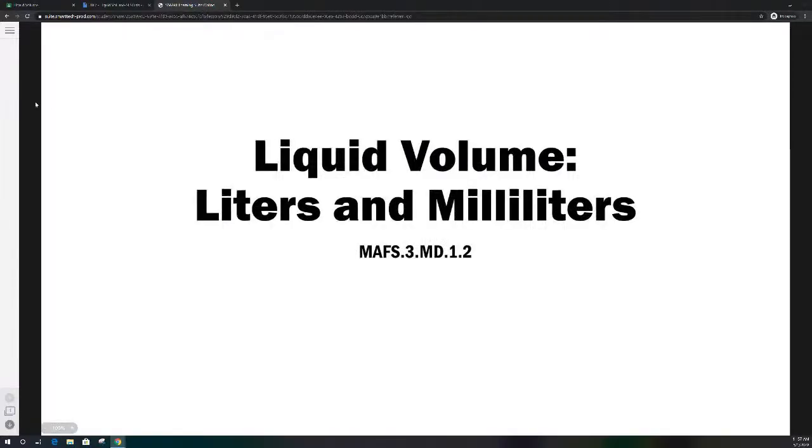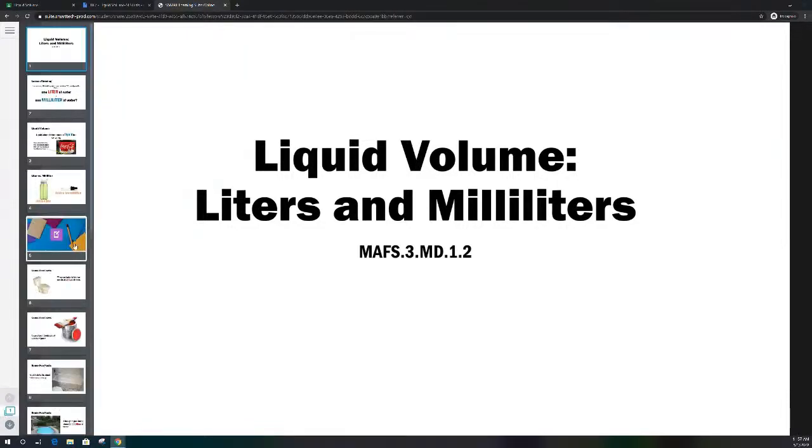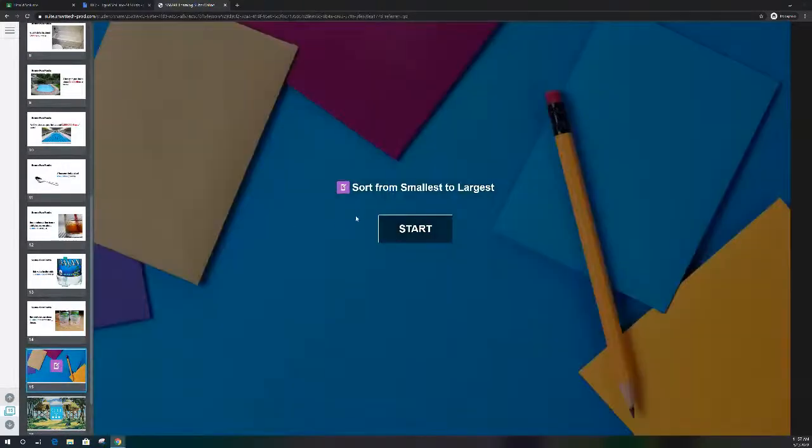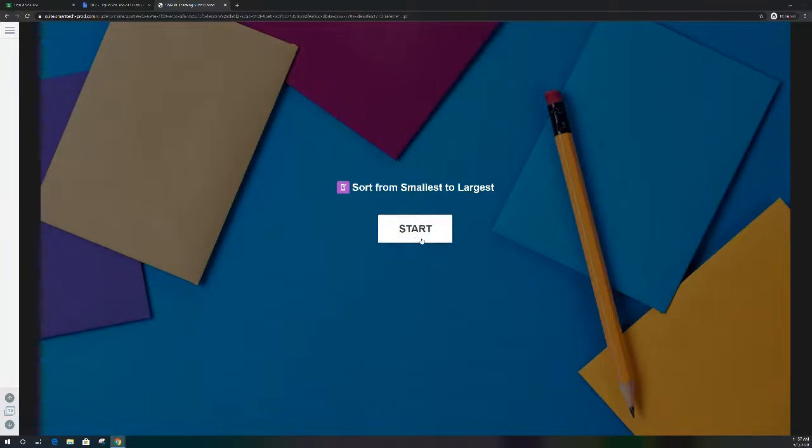So it's going to take a second to load, and I'll show you what it looks like from a student end and a teacher end. So over here, the students are able to navigate through the lessons. I'm just going to go down to this one so I know that we can do it really quickly. This is a handout, which we have several handout options in here. So if I press start,